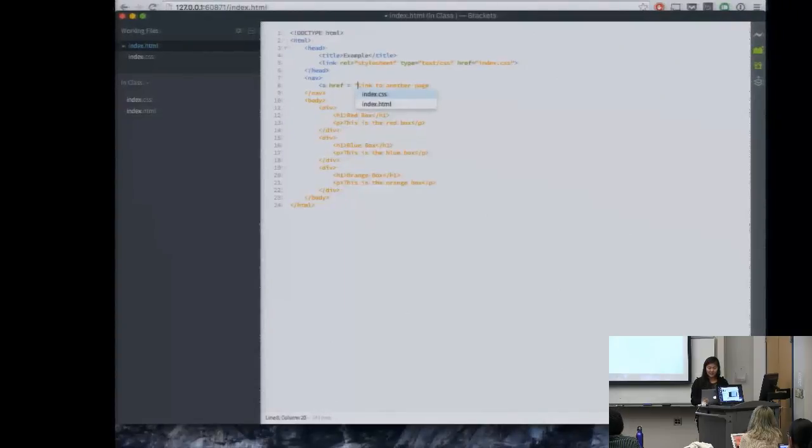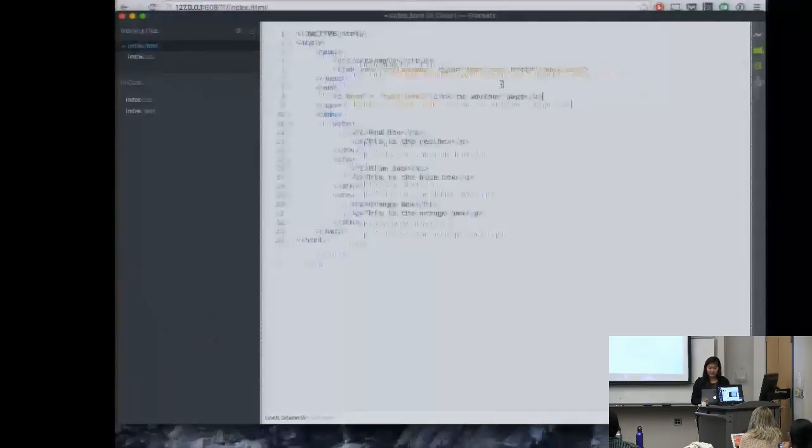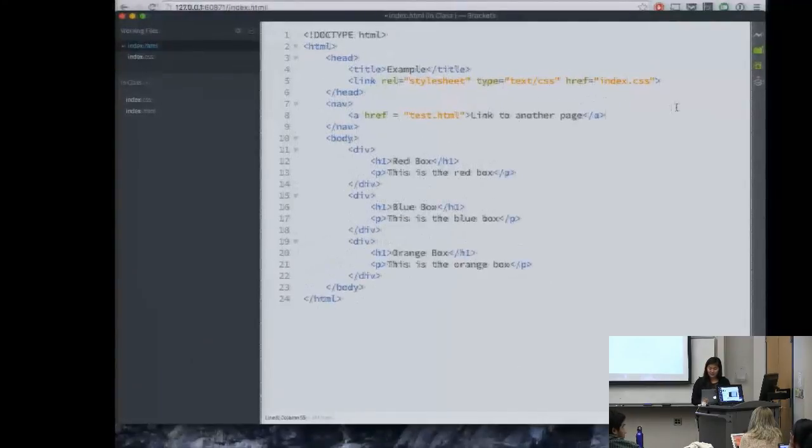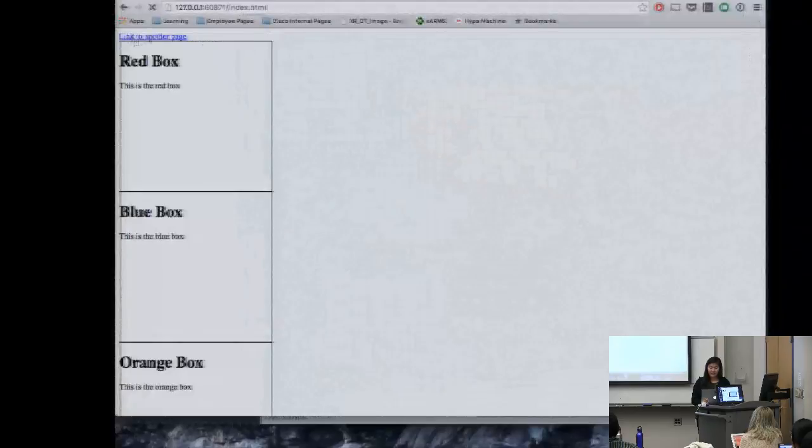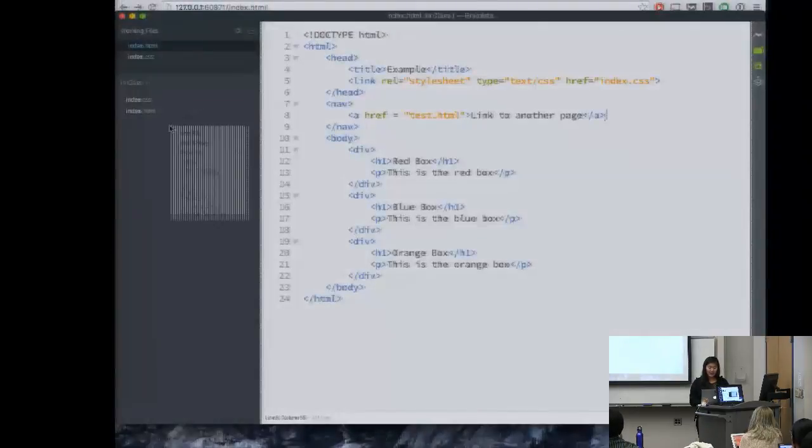Say it's like test.html. And we put the text inside the A tag, like this. Can you guys see that, or should I make that bigger? You'll see when we go back here that this is a link. It doesn't link to anything yet because I haven't created the test page, but if we create a test page